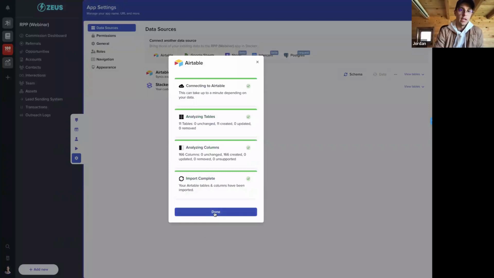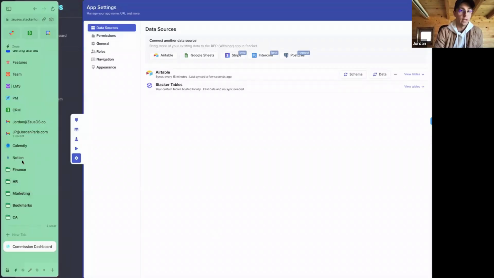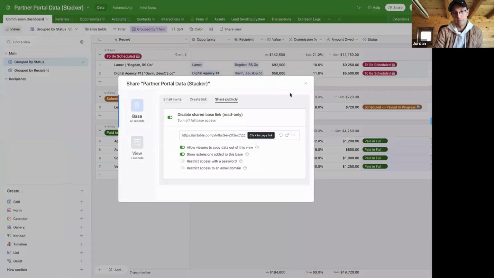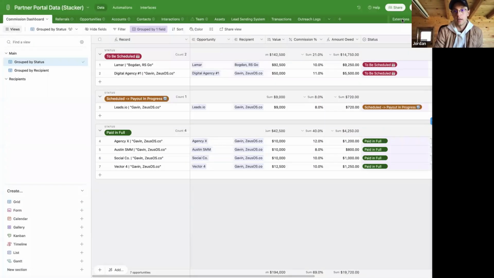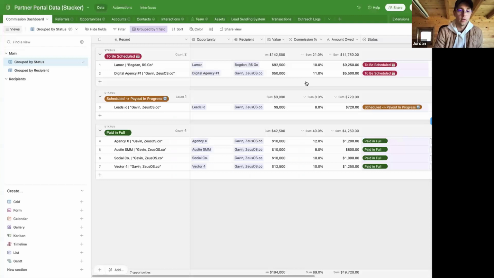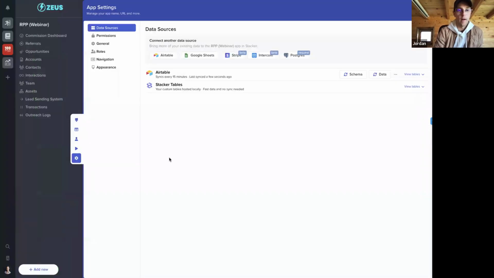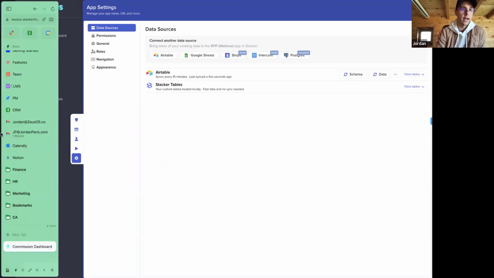Yeah, the one thing that people didn't see, I couldn't show people because it still showed my API key right there on the screen, but I had to get a shared base link for my Airtable data, and that's right here. You just hit share and then hit share publicly, and you'll be able to get a share link for your base, which is an important part of the process to connect Airtable to Stacker. So I think at a certain point, I'm going to want to show the Airtable data as well. Maybe right now is probably the best